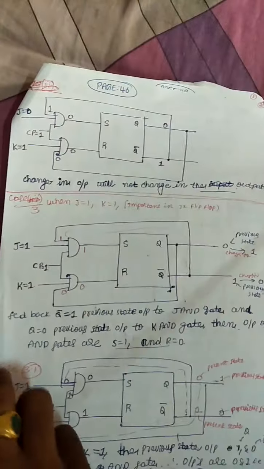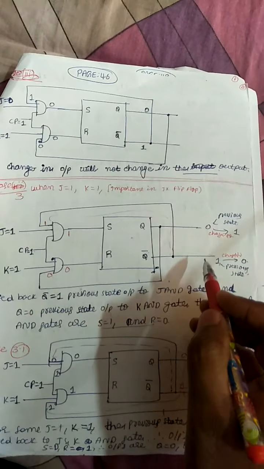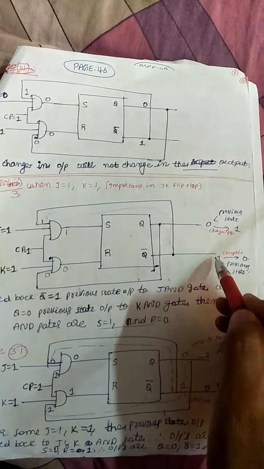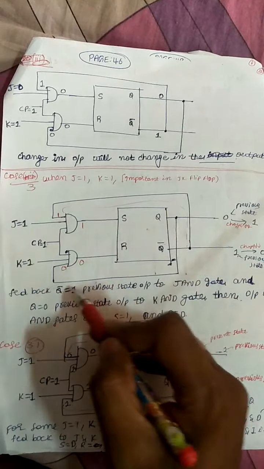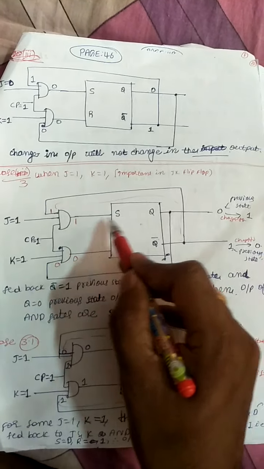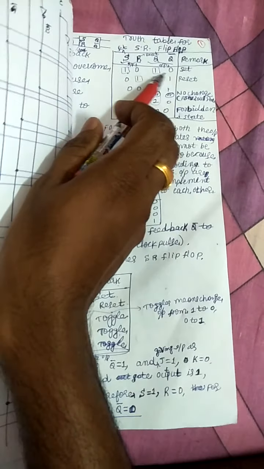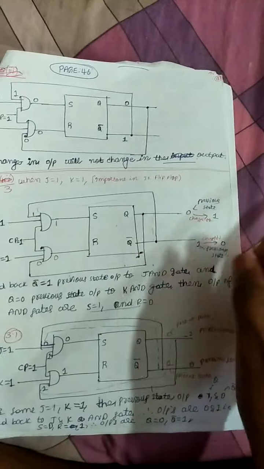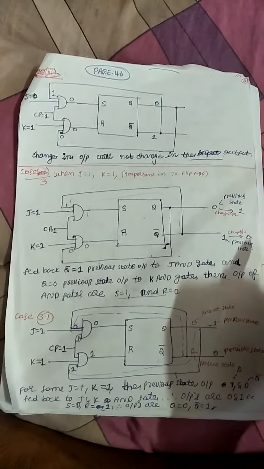Okay. For case 3, both the clocks are ones. The previous state output I assumed here is 0 1, here 0 1 0 1. So this 0 will be fed back here, the output is 0. This 1 will be fed back here, you will get 1. For S equal to 1, R equal to 0, what's the output? 1 0 for SR flip flop. SR truth table 1 0 1 0, right? Therefore the output is 1 0, which means the output changes from 0 to 1, 1 to 0.